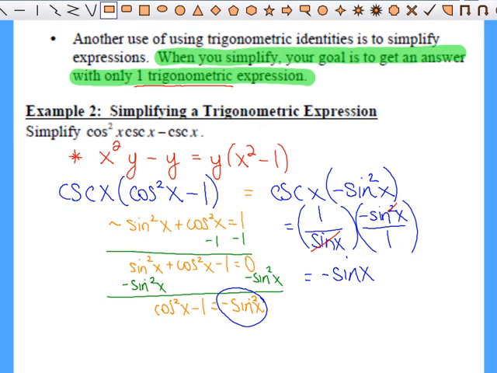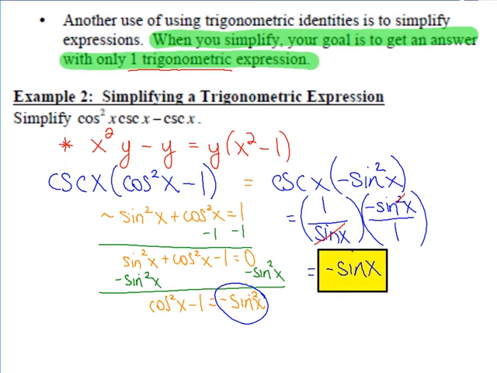I'm just kind of confused why I can go from cosine squared x minus